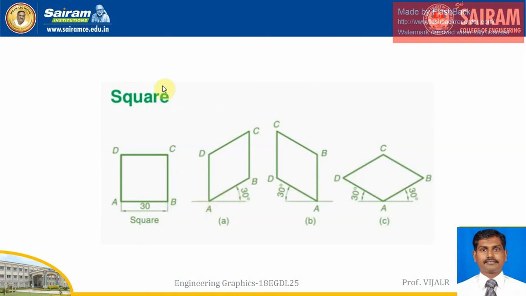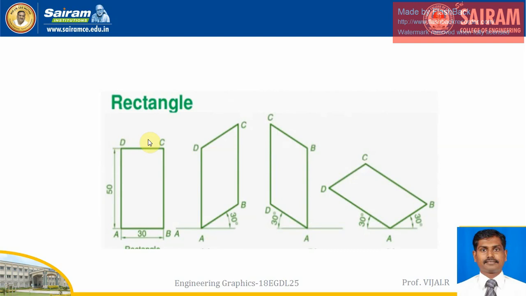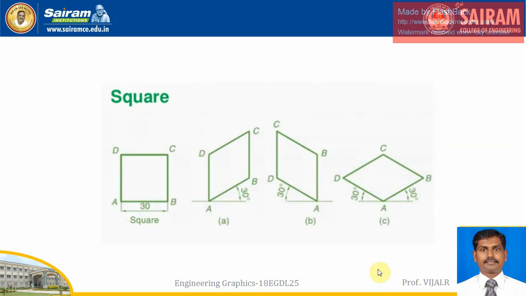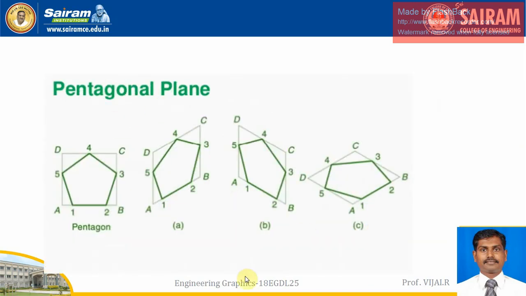I will tell now about the planes. A rectangle plane is there. Now we can draw the front plane, side plane, and top plane only with the help of the 30 degrees. So we have to draw a 30-degree line, and we can draw accordingly. So it's a square plane, how it is, and a pentagonal plane in all the three sides, side views, how it will be, so that we can construct a 3D model of this. So in the right side and the front side and the top, how it will be looking like.